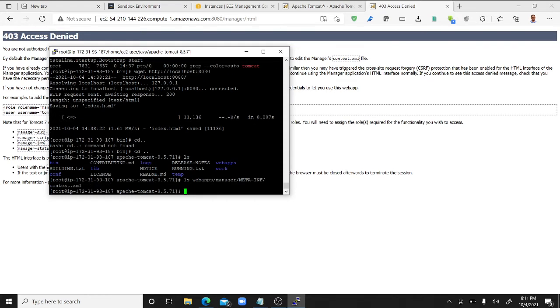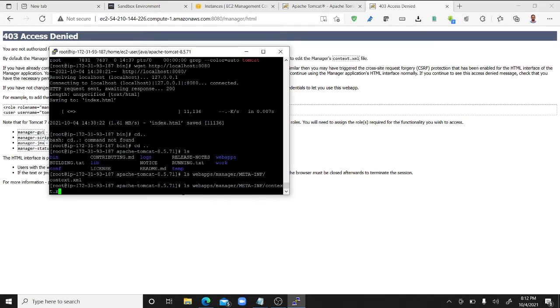Okay, can you see, when I give this particular path, I could see the context.xml file. Now inside that, context.xml, we need to change it to not ls, it is vi.